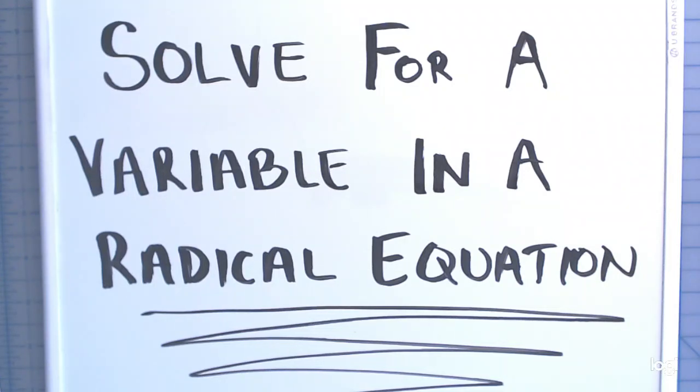Hello and welcome to this video on solving for a variable in a radical equation. In this video I'm just going to go over one example that has multiple parts of a formula, an equation